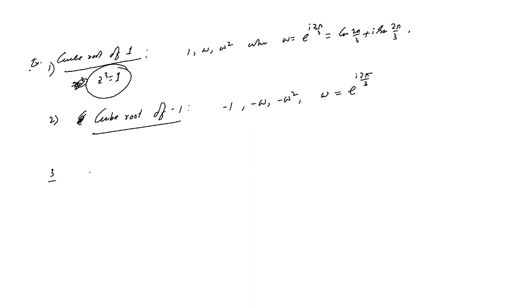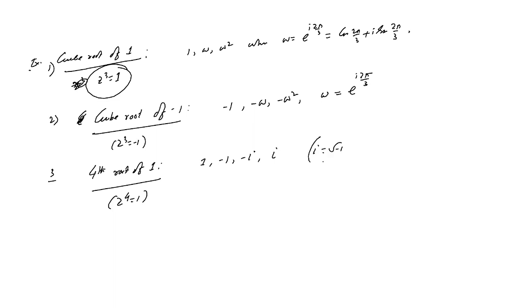Now we'll move to the fourth root of 1. That means z to the power 4 equals 1. So the roots will be 1, minus 1, i and minus i, where iota equals root under minus 1. So the question is